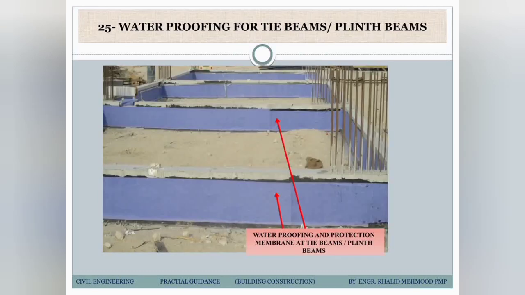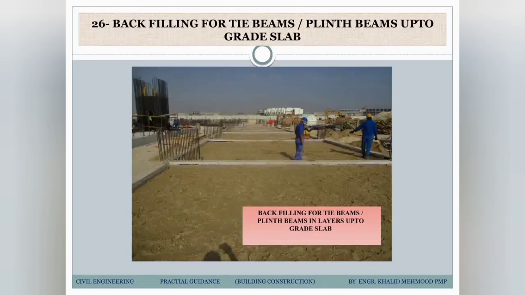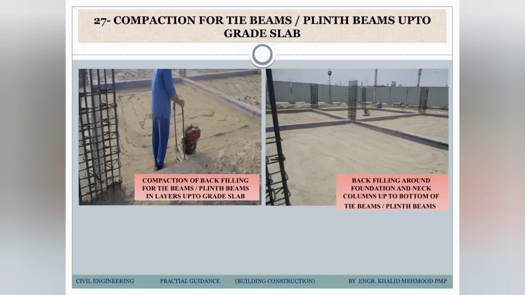You see here we did the waterproofing because the plinth beam will also go under the ground, and will not be visible. Only the ground floor slab will be visible. So for the plinth beam we are doing the waterproofing again. Then we will fill around the plinth beams. We are doing the backfilling around the plinth beam to reach the ground floor level or the grade slab level. So again, in the plinth beam you can see this in the shape of boxes.